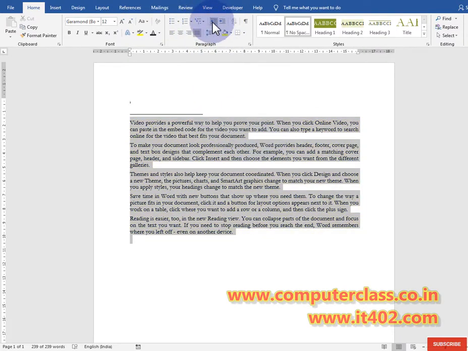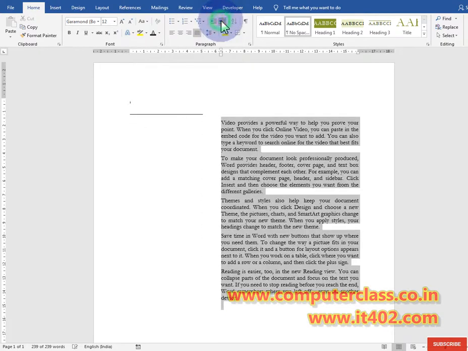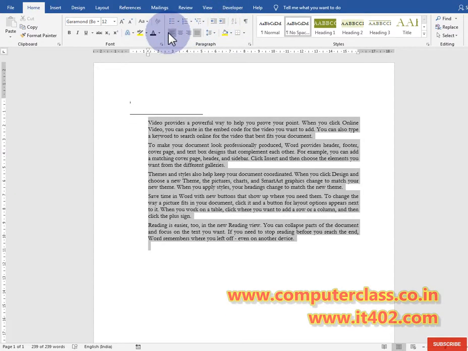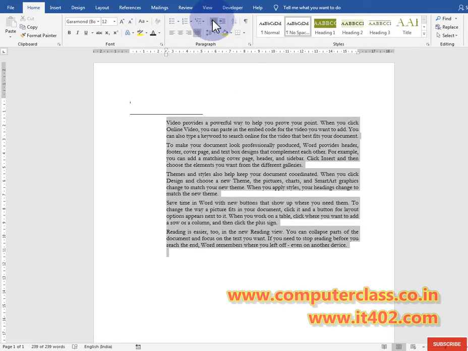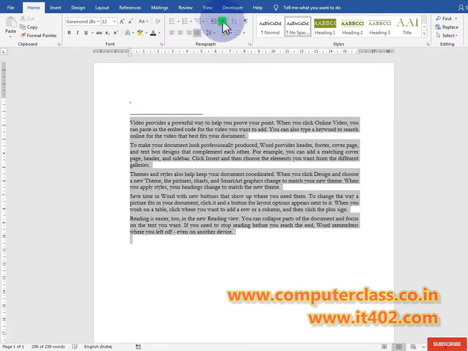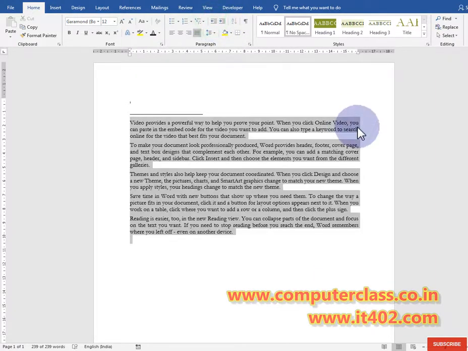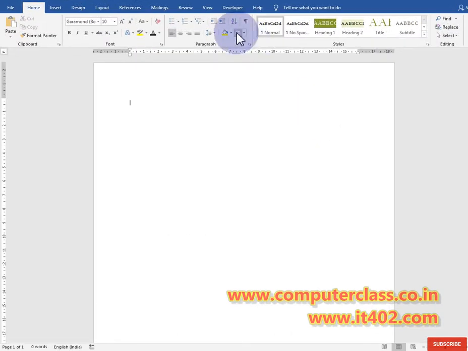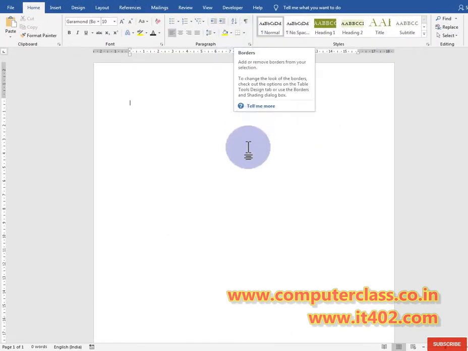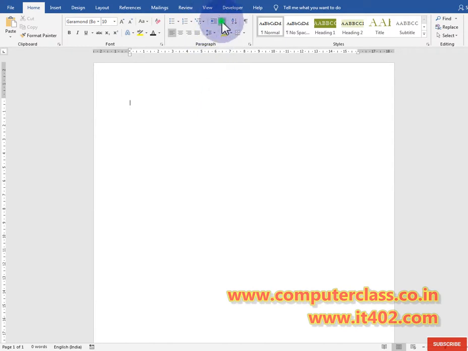Next is indent. You can use indent to shift your words, because with alignment you can write on the left, right, or center, but with the help of indent, you can shift your data according to your need. Sometimes we need to write something on the right side of the document, then we can set the indent first.